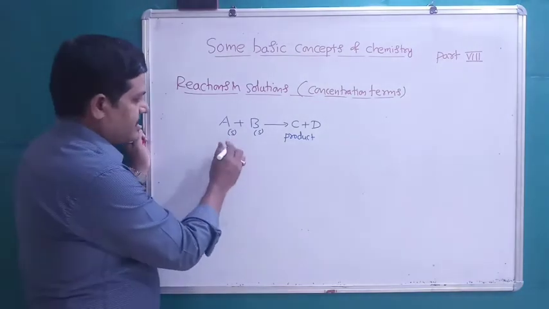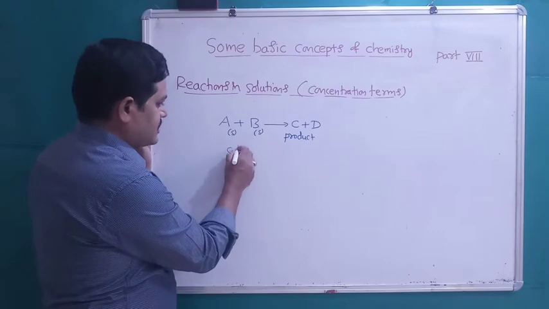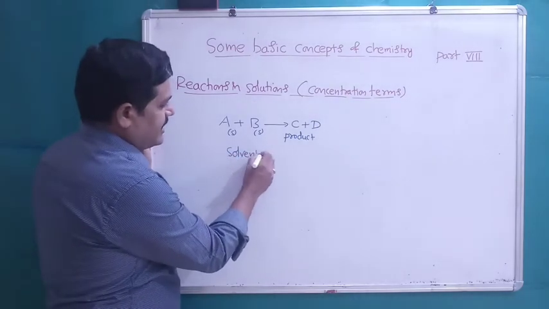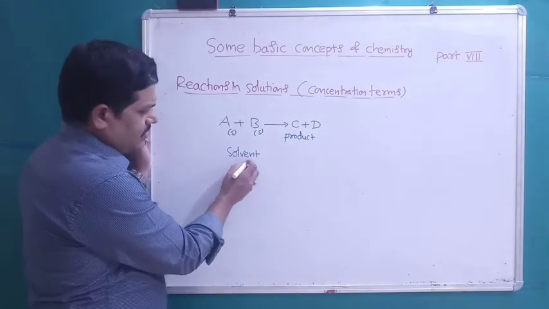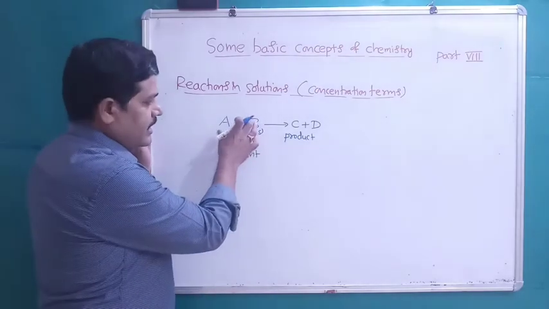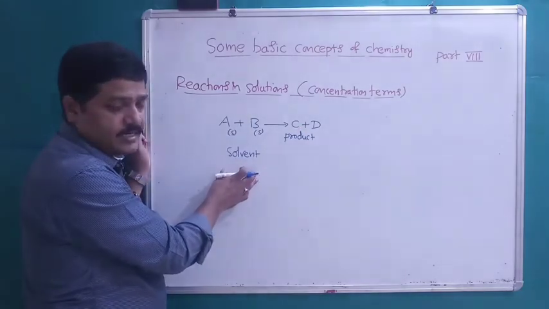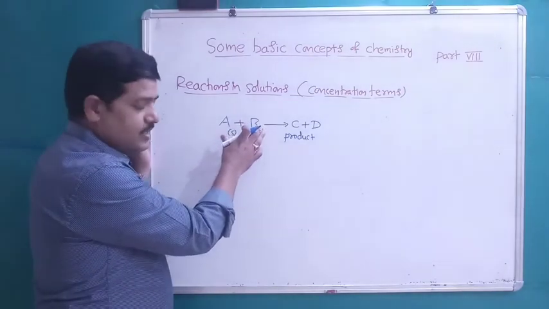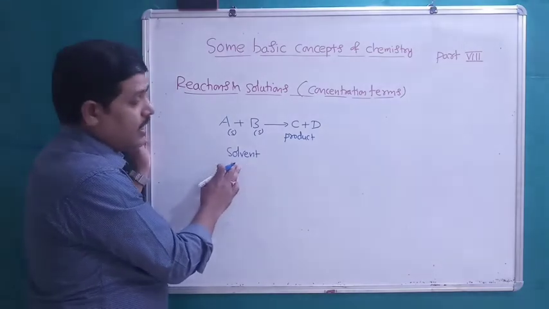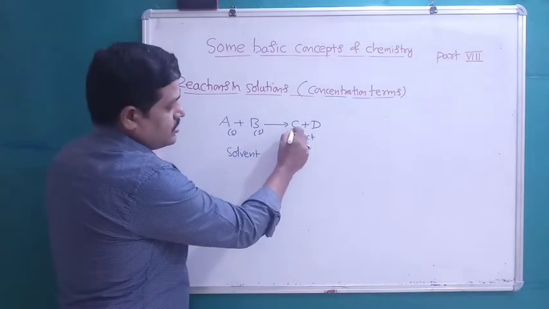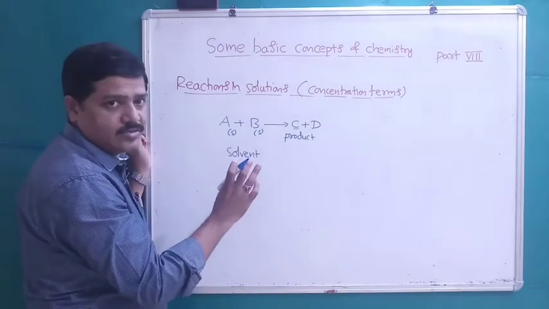Then what we will do is take these two solids in some solvent. Some medium is required for the reaction. Generally, how we choose a solvent is: any one of the reactants or the product should not react with the solvent, and all the reactants should be dissolved in the solvent, and the required product should form a precipitate. It should not dissolve in the solvent. Like that we will choose.